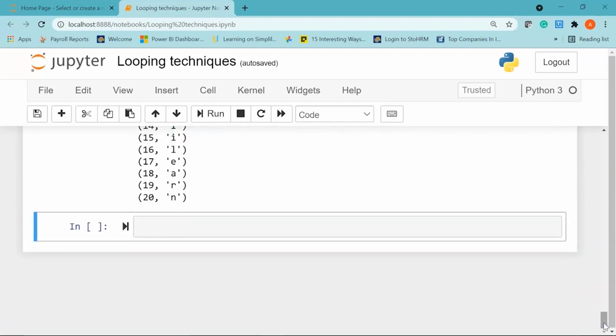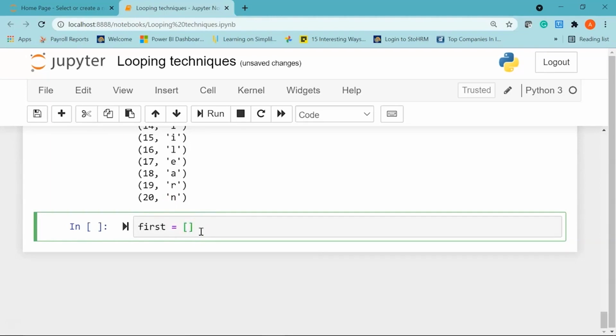So now let's explore the zip function in Python and how you can use it to loop through two arrays at once. The zip function returns a zip object, which is an iterator of tuples where the first item in each passed iterator is paired together, and then the second item in each passed iterator is paired together, and so on and so forth. If the passed iterators have different lengths, the iterator with the fewest items decides the length of the new iterator. Let me show you the first example that will help you understand how the zip function works.